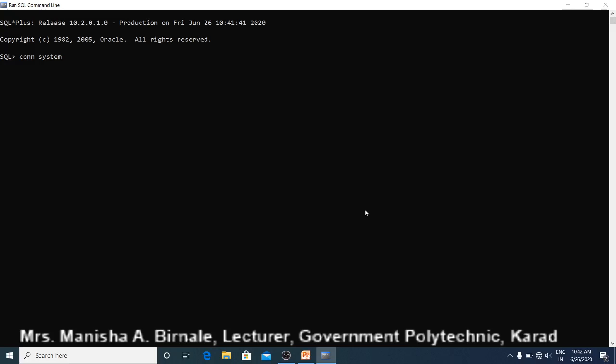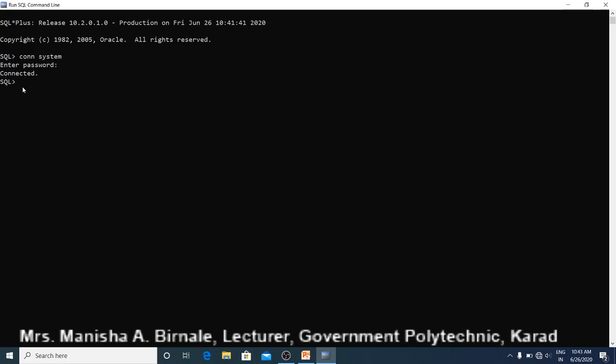Con is the command for connecting to the database, and system is the name of the user, the database administrator user. Here you have to specify the password, which you specify at the time of installation. So now it is connected to our Oracle database.